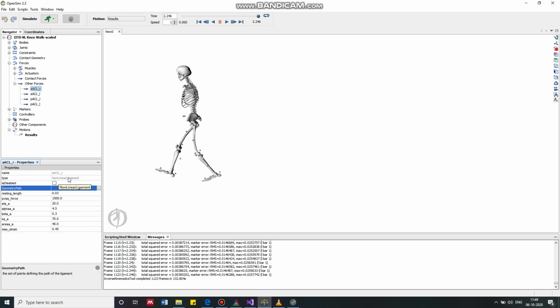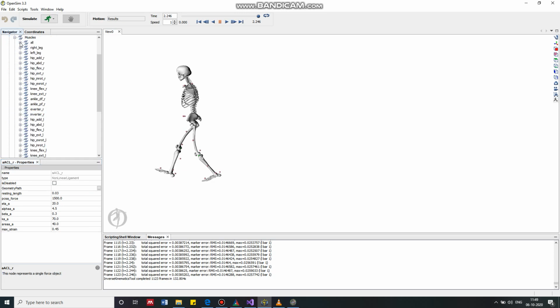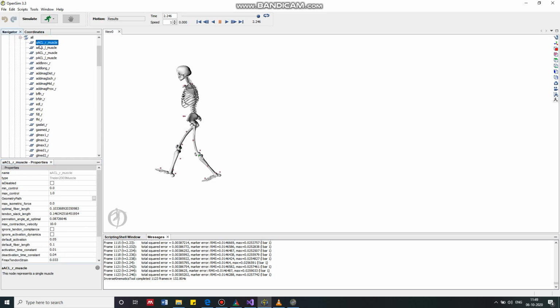So in order to calculate the length of the ligament, we superimpose the ligament with a muscle. Here you can see there is an AACLR muscle with a maximum isometric force of 0. That means this muscle is just a dummy string which is attached to the same attachment points of the AACL ligament, and this is going to be a scale which we use to calculate the length,